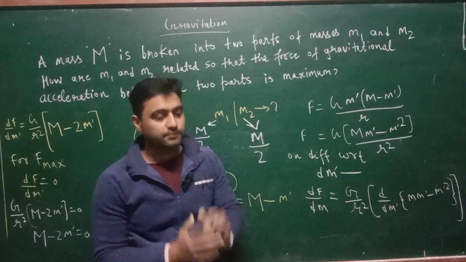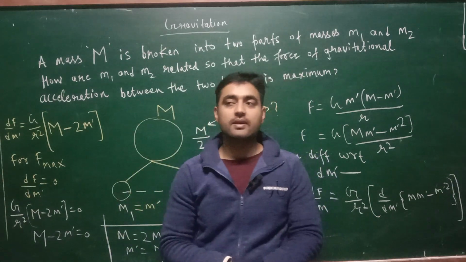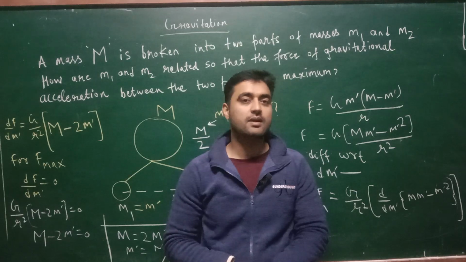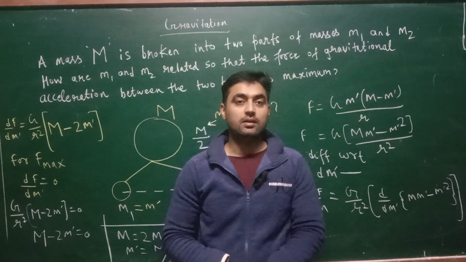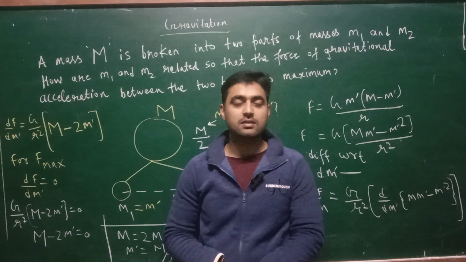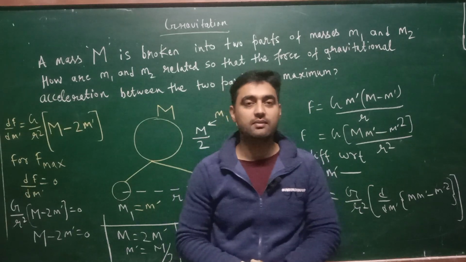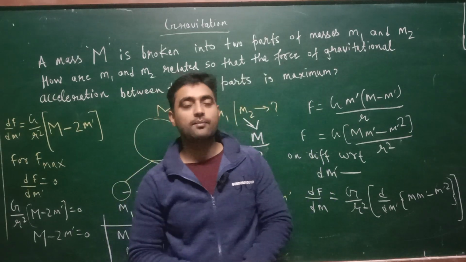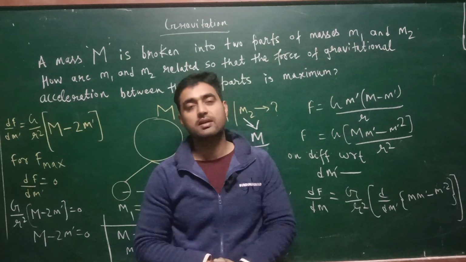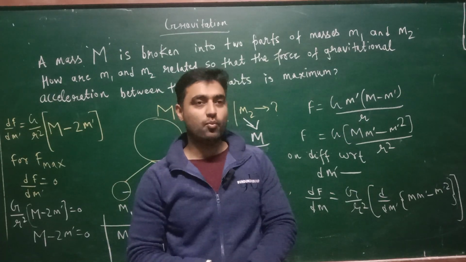Means mass of the entire spherical shell or solid sphere has to be assumed at the center of mass, the position where the entire mass of the bigger sphere lies. So from there we have to consider a small distance, that is small r, to the point mass, that is